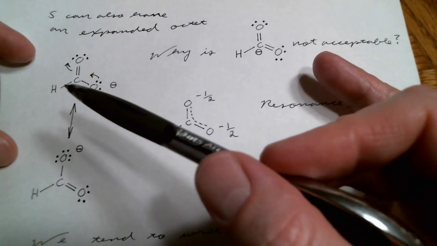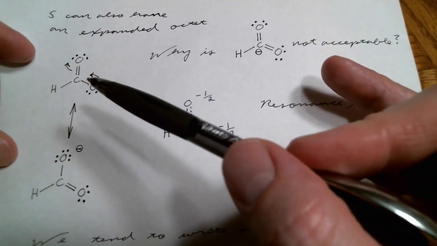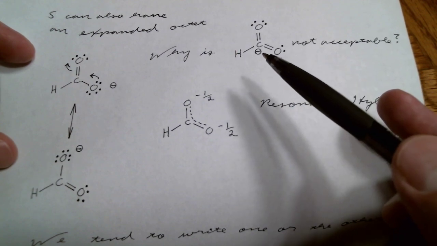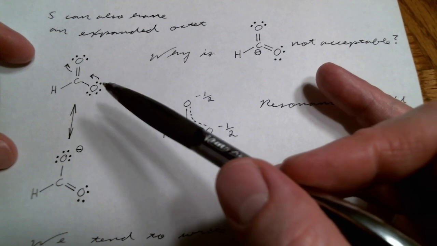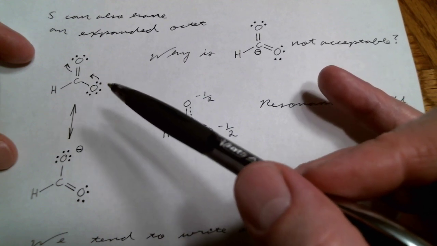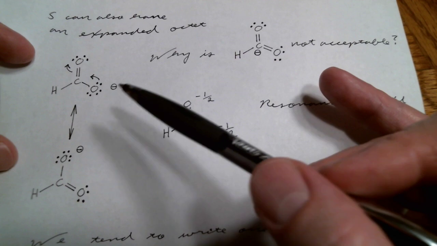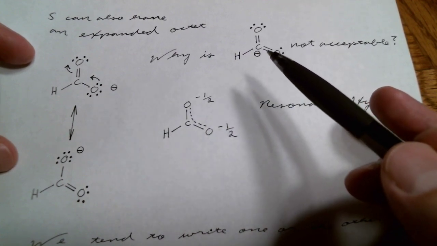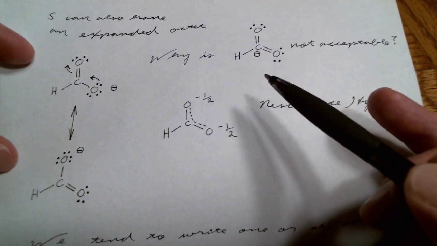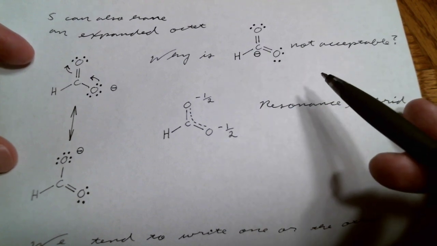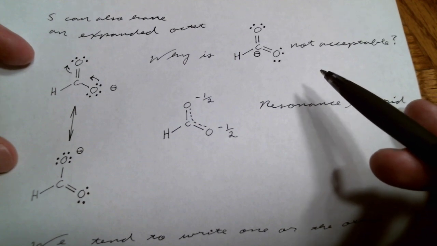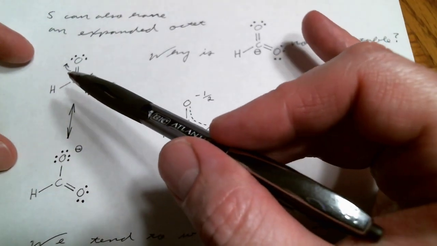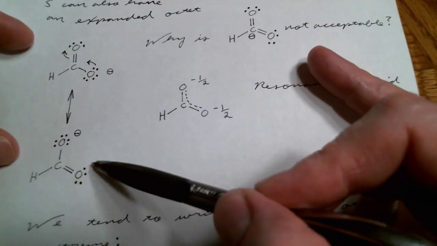Why is it that we have to do 2 arrows? Well, if we stopped after just 1 arrow, why is that not acceptable? Where we've done just 1 of these arrows and transferred this formal minus from oxygen to carbon. Well, in this resonance form, we've got 2, 4, 6, 8, 10 electrons on carbon. Carbon cannot have an expanded octet. It's not like sulfur or phosphorus. So, if we do this first arrow, we have to simultaneously do the second arrow to reach the second resonance